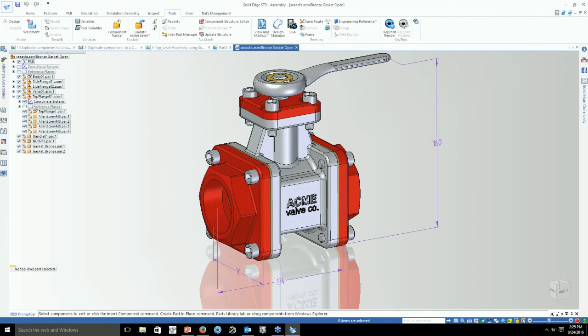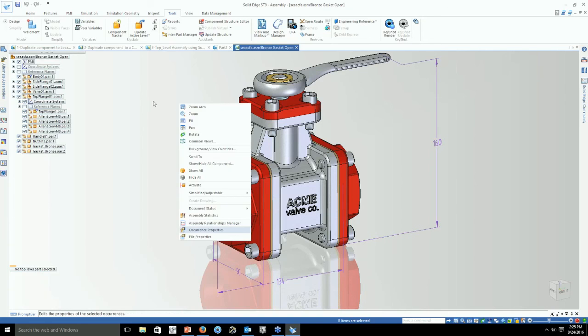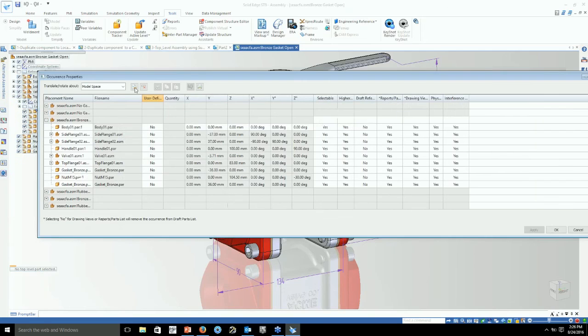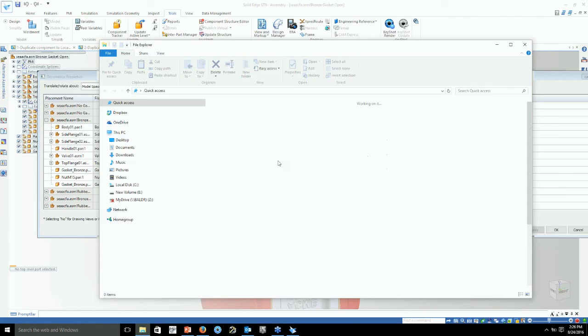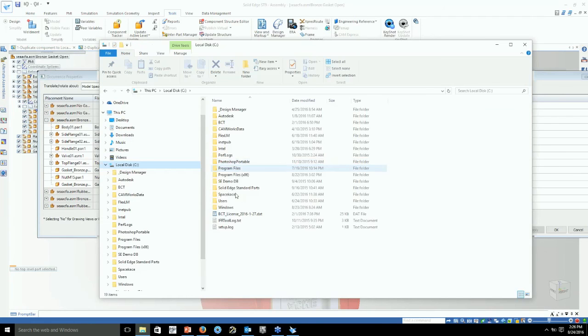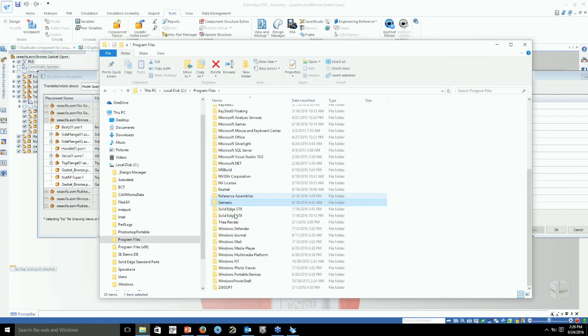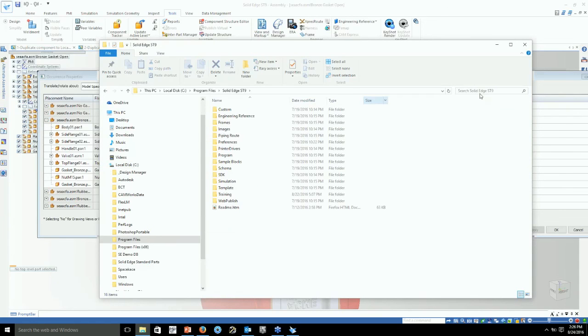And then we have time for one final question, and this was during the occurrence properties. So how did you get those other tables in the occurrence property? Oh, again, yeah, those actually come from an XML file. So this actually just links it to the defined XML file. So that would be in the Solid Edge properties. So Solid Edge is, if you load in the default, it would be C. And if you just go XML,